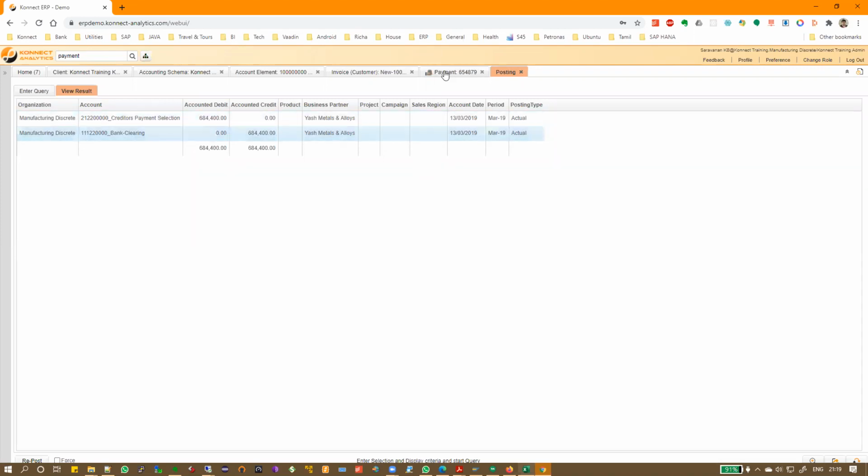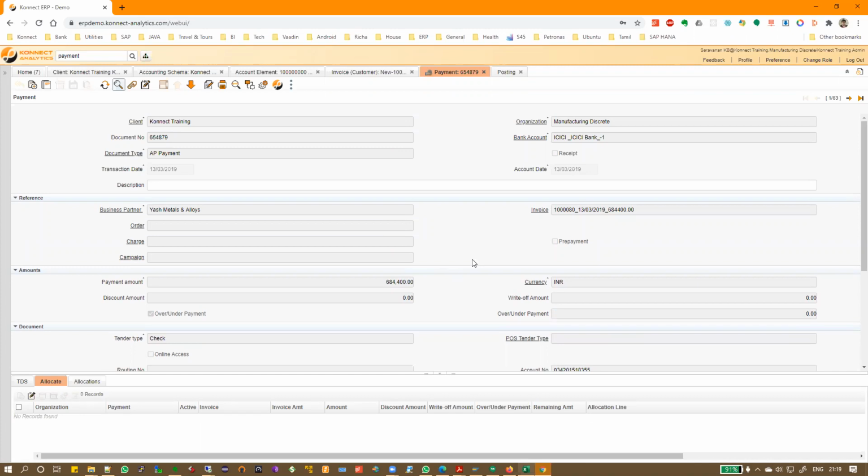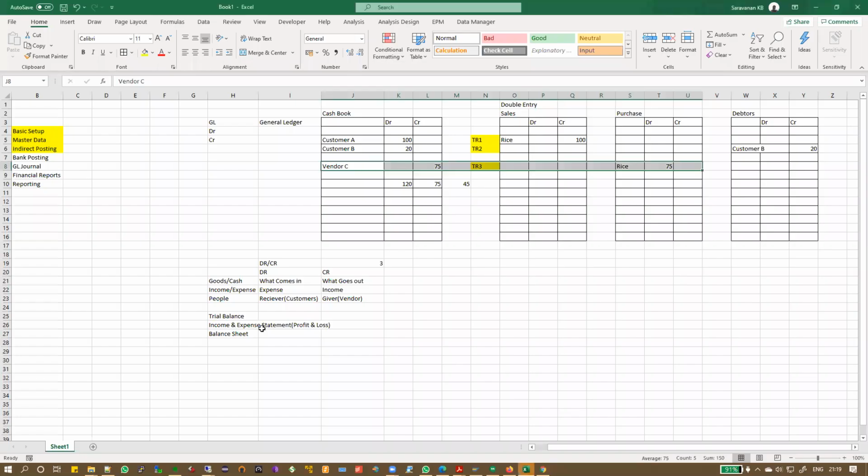Now in payment, unfortunately, unlike invoice, all the transactions are not visible together, because when you make a payment, there are multiple stages that happen which you probably don't realize. Okay, let me tell you what happens. Simply, quickly: when I make a payment, your bank does not get affected directly. Technically, what will you do? You will issue a check. Then the vendor will deposit the check. Whether it's a check or NEFT, the same thing.